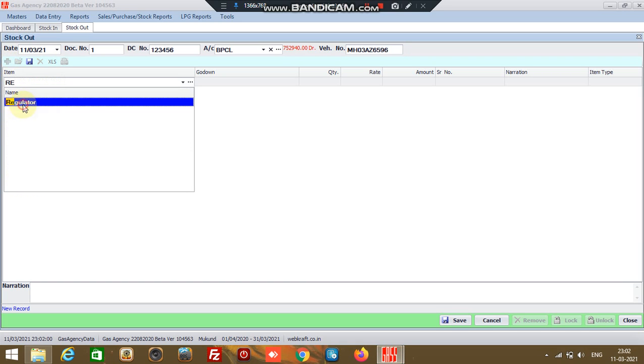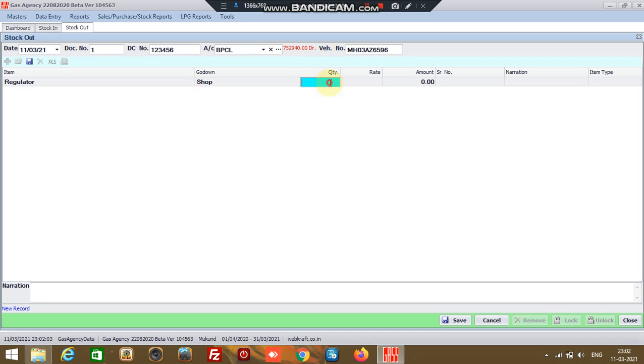You select regulator, select shop. If there are 25 defective regulators, you write the quantity 25.